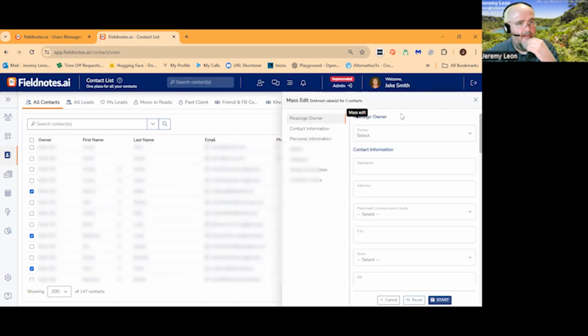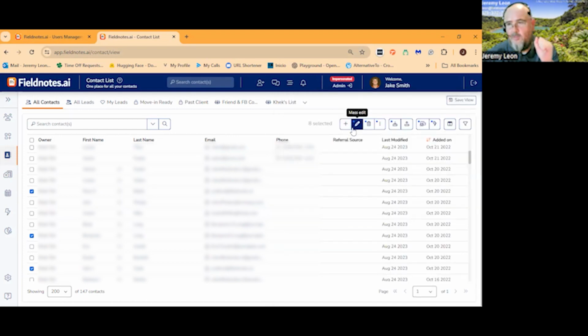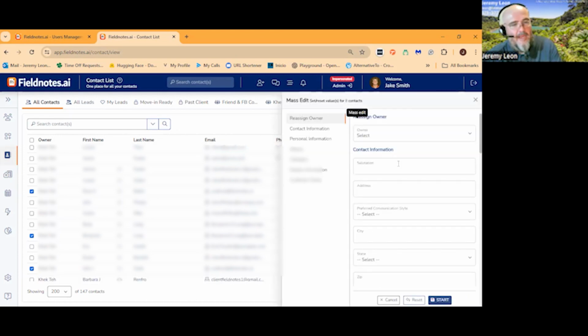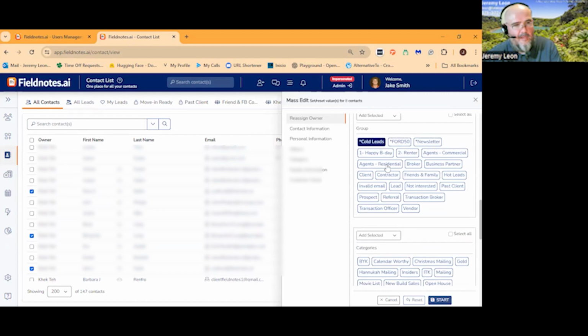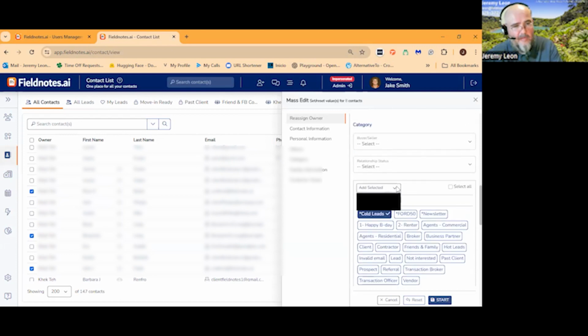We can do a mass edit with this option up here. Sorry, I go a little bit too fast. Everybody tells me that. But mass edit, little pencil. And now we can go and look for the spheres, and we can give everybody this sphere. Options that you have when you do mass edit are selected only, meaning if you only want it to have cold leads, then you would do this one. If you want to add what you've selected to the list of things that he has already, then this would be the option. Or if you needed to remove, and what I use this remove selected a lot is with